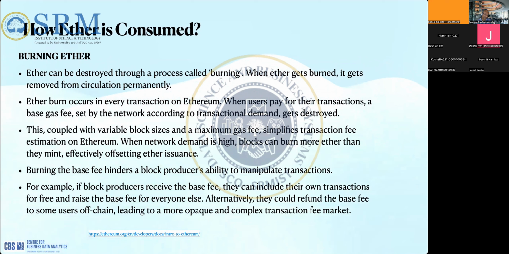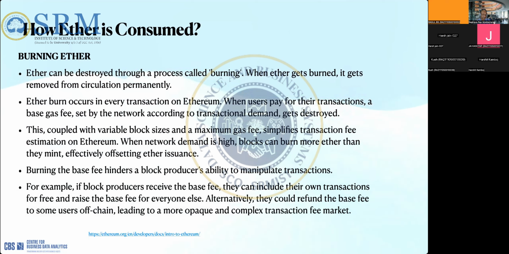We don't want any kind of malpractice. Whatever fee you need to pay for the execution of the transaction, in terms of the resources consumed for computing power and other things, is the base fee, and this base fee has to be paid by each and every transaction.